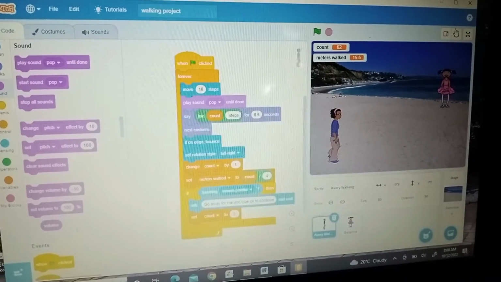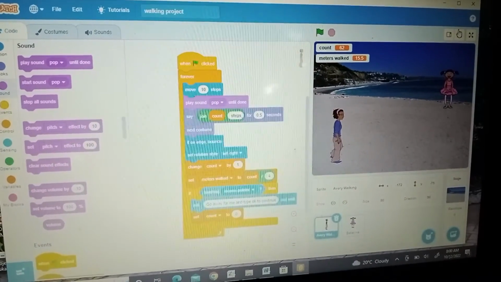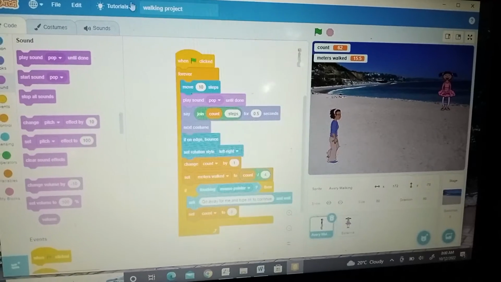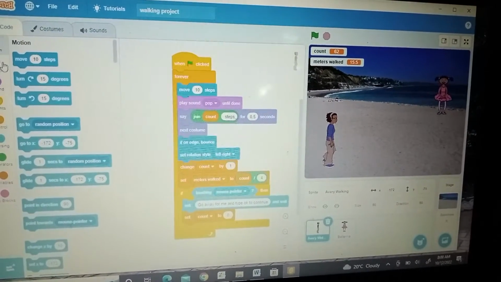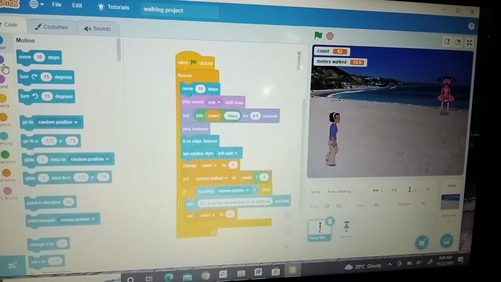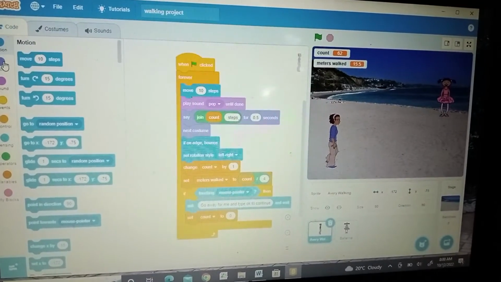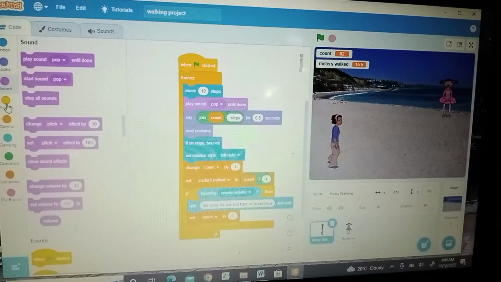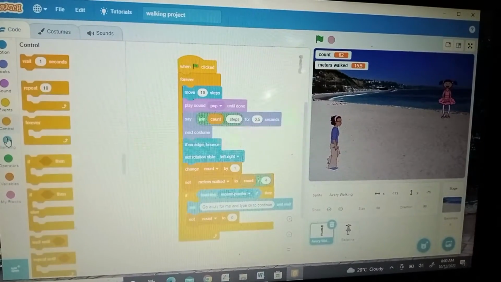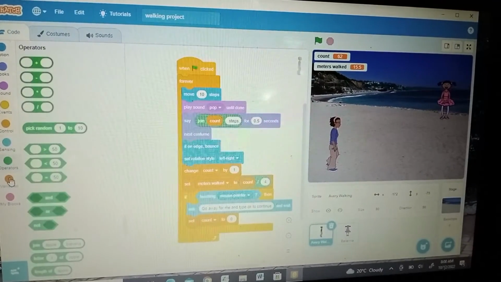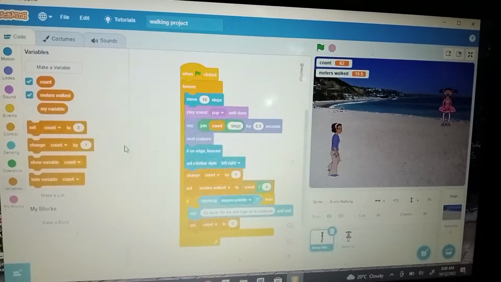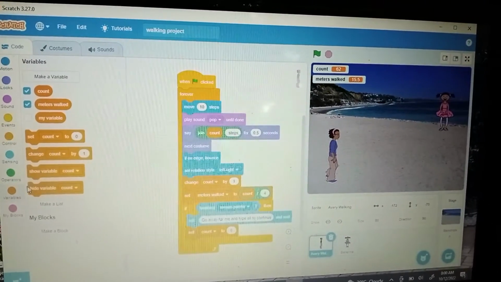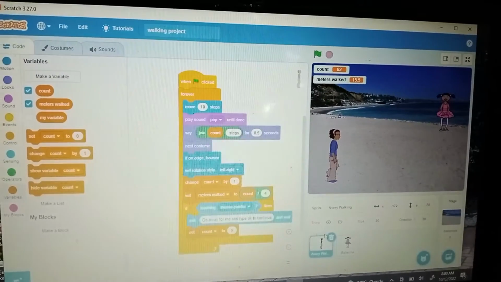Okay, so I've made some Scratch program here, which is going to help introduce the learners to the interface and show them all the various types of code. In Scratch, groups of code are in motion, looks, sound, events, control, sensing, operators, variables, and individual blocks. So in this program, we have used a code from each of the groups, and we have also used what